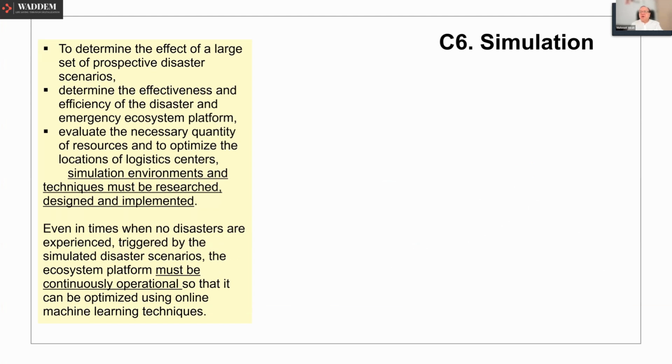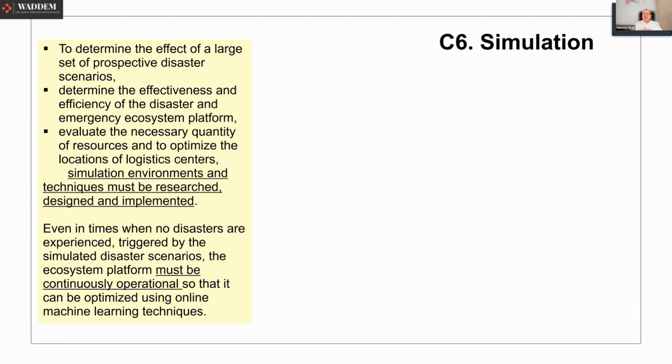Simulation is also important. What does it mean, simulation? Why do we do that? First of all, to determine the effect of a large set of prospective disaster scenarios. Of course, we may have many different kinds of disasters. We may experience different kinds of disasters. Every disaster can be a surprise. Therefore, we have to try, in an automated or digitized way, different kinds of disaster scenarios. To determine the effectiveness and efficiency of the disaster and emergency ecosystem platform,